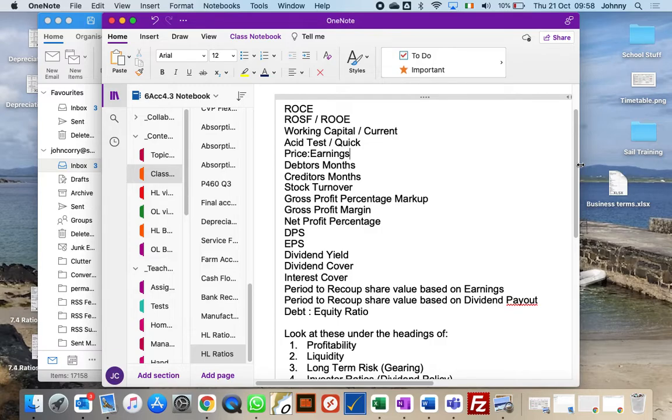So stock turnover is how often we replace our stock during the year. So it's cost of sales over average stock. Again, back to our jewellery store. An engagement ring worth $5,000. How long do you think that's going to be sitting on the shelf before it's sold? A $5,000 engagement ring. I'd say a month, 2, 3 months.